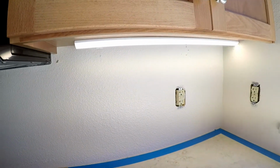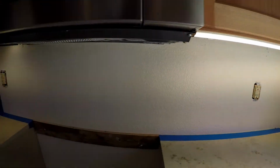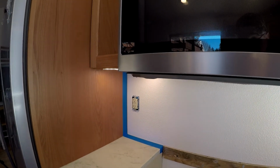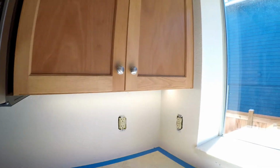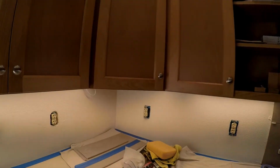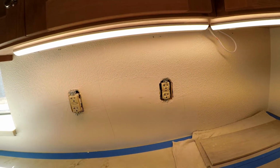This side will be a little bit easier than that side because there's only one outlet here, so actually 2 outlets, so I've got about 3 full-size tiles that all go there, so that'll be nice, speed things up a little bit. And I think I have 1 full-size tile in the corner here. So okay,